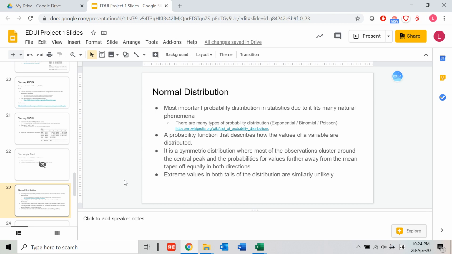Okay, for now I will just move on to normal distribution. For normal distribution, I will say it is the most important probability distribution in statistics because it fits many natural phenomena. However, besides normal distribution, there are many types of probability distribution as well, like